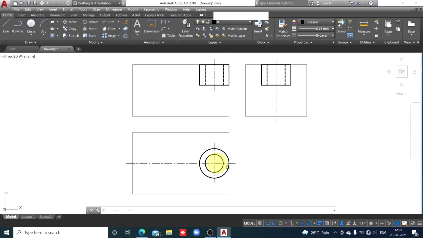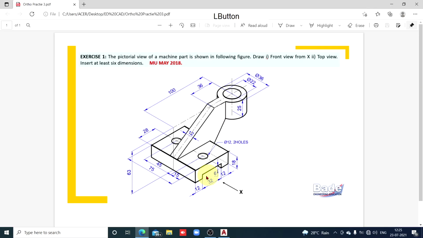Now next part, that cylinder is over. Check here, this is a thin plate, we'll draw it afterwards. Now here is a block that has a slot and 2 holes. So slot and these 2 holes, removed material. First we'll draw this entire block that has width 75 and length 32 plus 12 plus 12, 56.